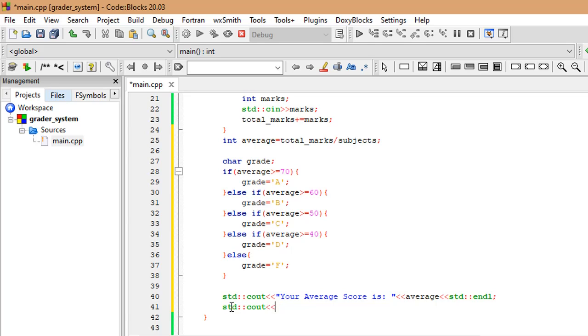We can start with the name of the student, so the student name,